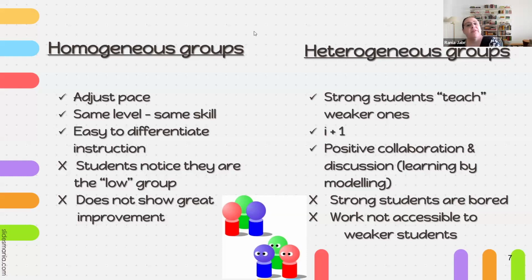However, of course, there is always the other side, which is the disadvantage. The strong students sometimes feel bored. Hence, again, I shuffle the groups and I put them with other groups. Or sometimes I put two strong students in a heterogeneous group with other students who are either middle level or on the weaker side. And of course, sometimes when there are too many strong students, the work is not accessible to the weaker students. So it is very important for us educators, and this is my message today, one of the messages I'm sharing, to work carefully on crafting and carefully selecting the groups and organizing them.